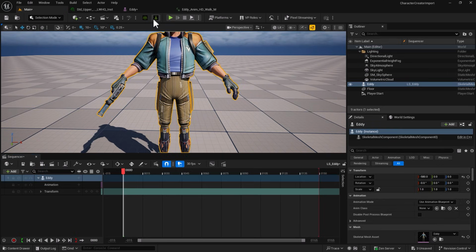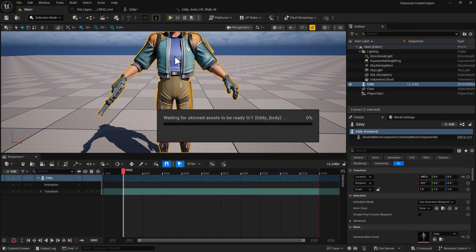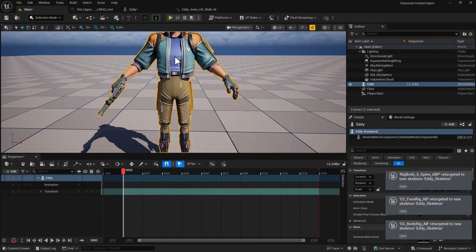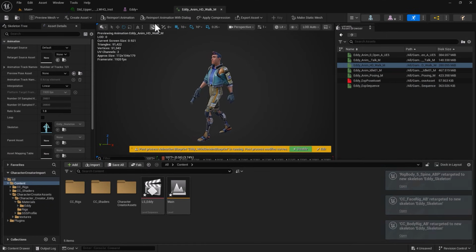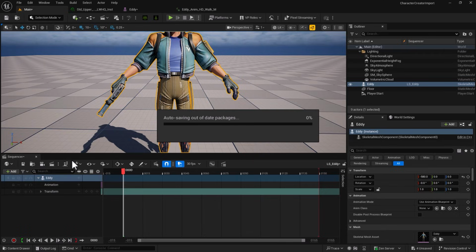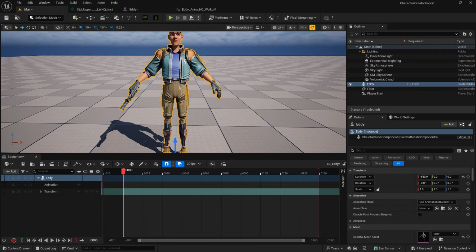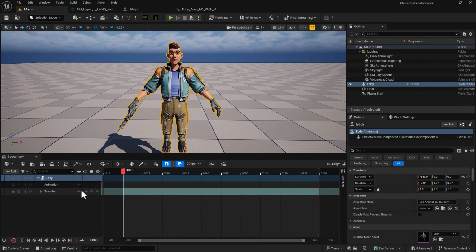So I can select that character and click, and it's going to skin and create all the controls that you see in a normal meta-human character. I'm getting the prompt, CC rig is complete,